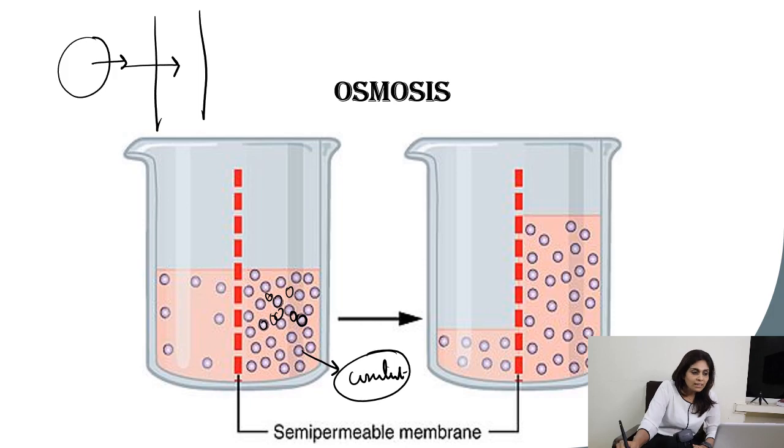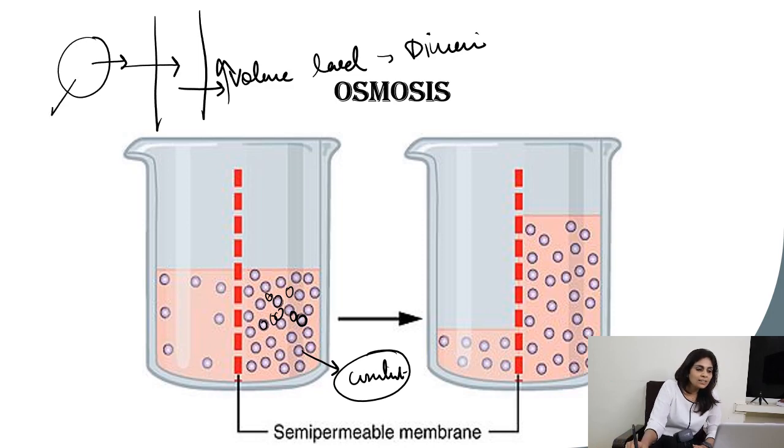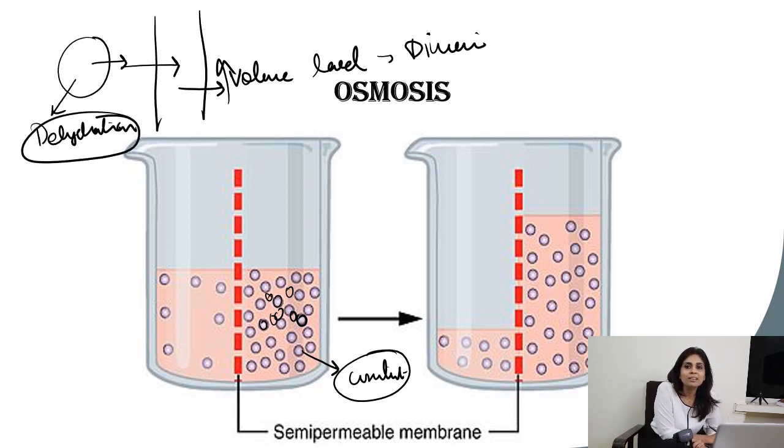So on one hand it causes increase in volume load in the circulation, that causes osmotic diuresis, and on the other hand it causes intracellular dehydration. And this intracellular dehydration is the cause of coma in diabetic ketoacidosis. So that's one example of a clinical scenario where an osmotic movement causes pathological effects.